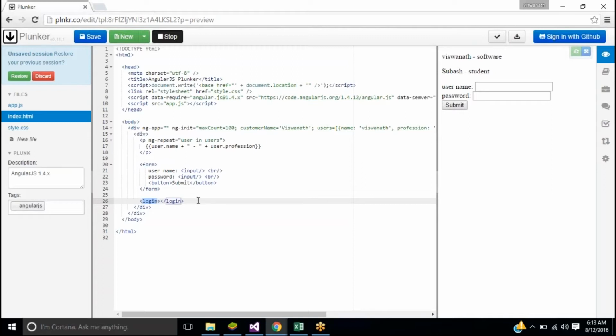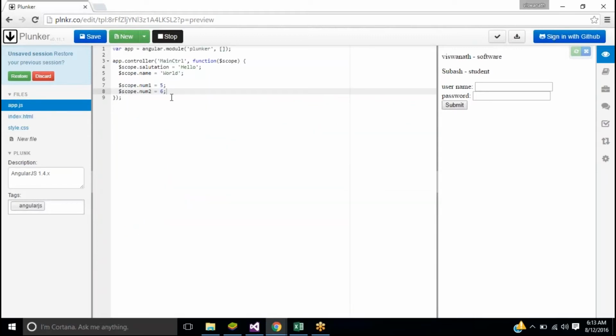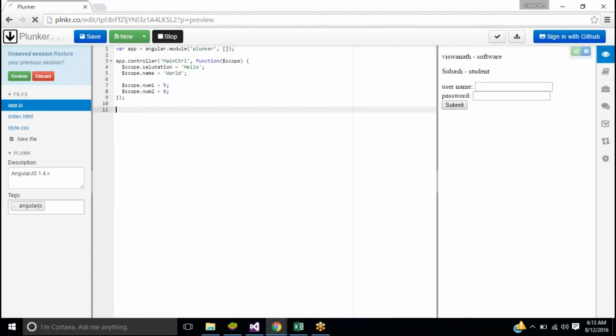But AngularJS provides you a facility wherein you can create your own custom directives. So we have the app module, right? So now my module is app. On top of it, I can say app.directive. Directive is also like controller. What controller does is take a controller name and a function, right?